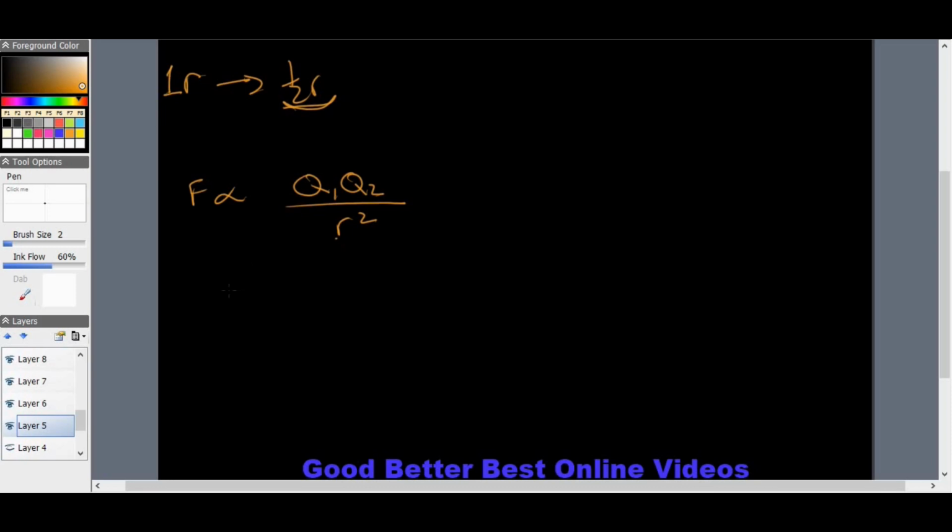So let's sub in. When working this out in multiple choice, you need to do it like this. So we have Q1, Q2 all over half R squared, which obviously gives us still the top as normal, all over a quarter